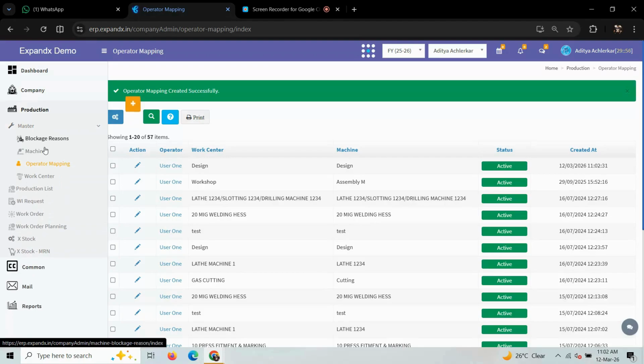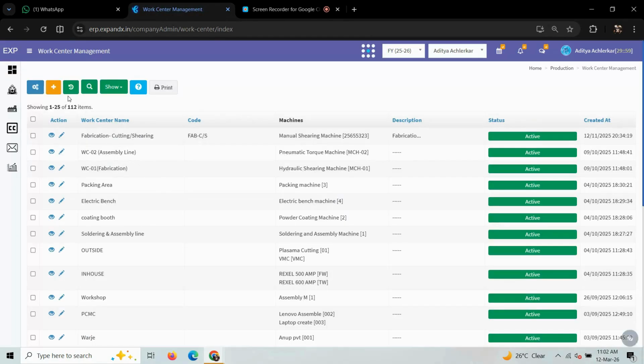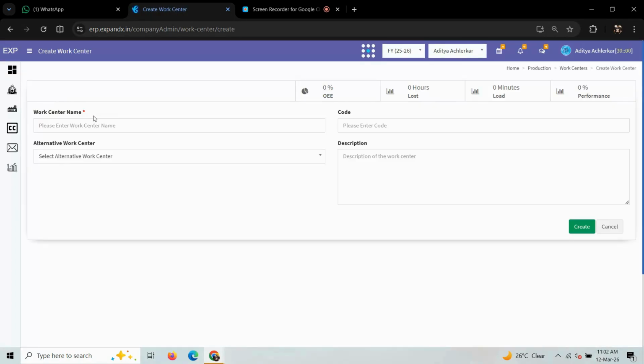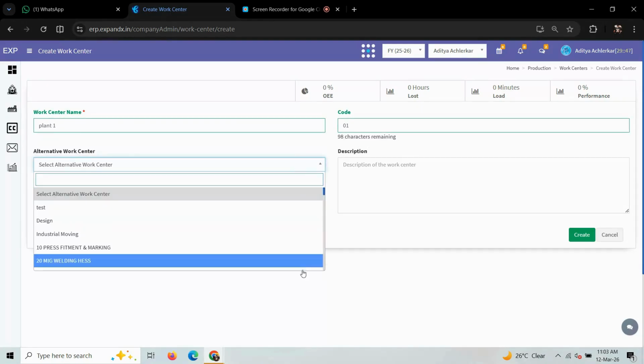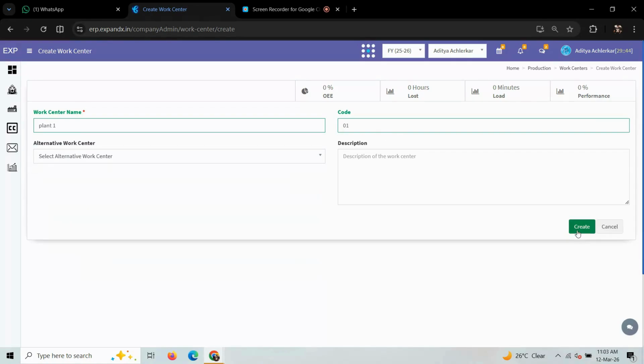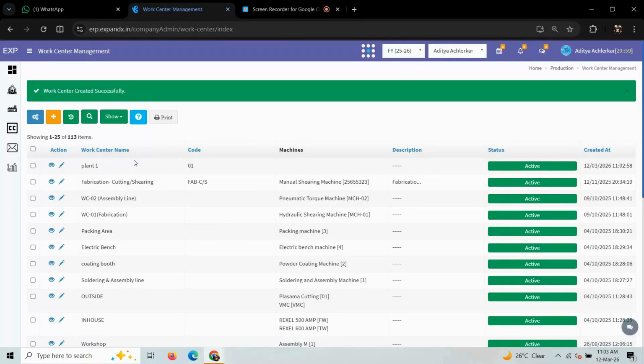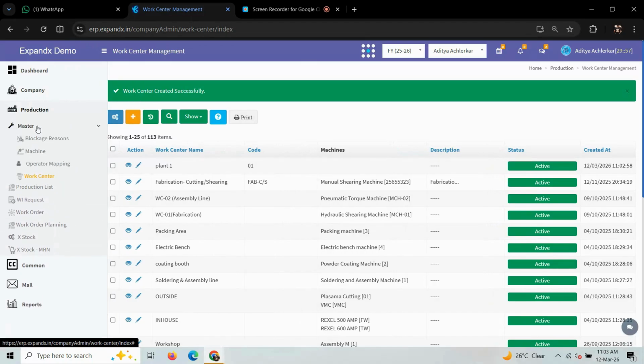Next, create the Work Center Master. Go to the left side menu. In Master, click on Work Center and click on the plus button. Now enter the Work Center name, code, and optionally an alternative work center. Then click Create. Once all these masters are ready, your system is fully prepared and you can start production in